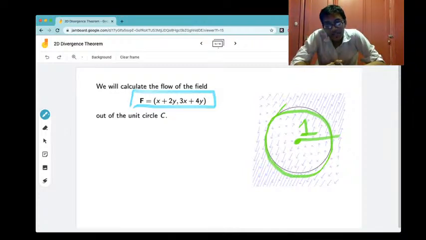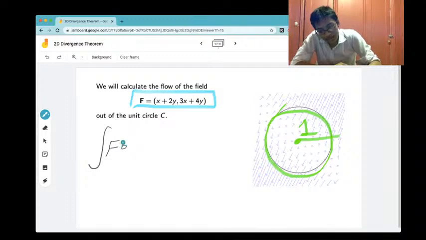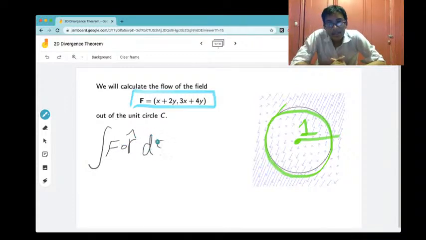F equals x plus 2y, comma 3x plus 4y. Okay, so to find the flow out of this field, let's just go ahead and start with F dot r hat ds. To calculate the flow out of the fields, what we're really thinking about is divergence. So we really want to calculate divergence, right? So how are we going to calculate divergence? Well,